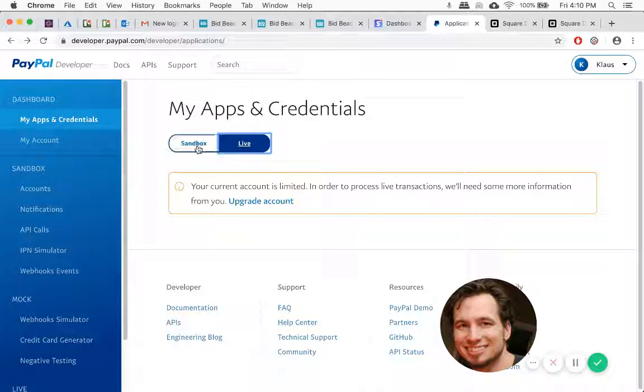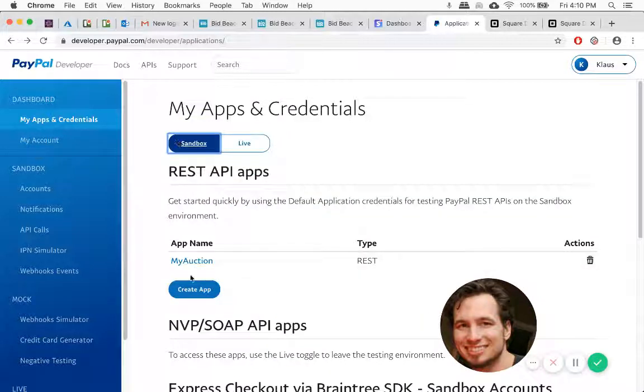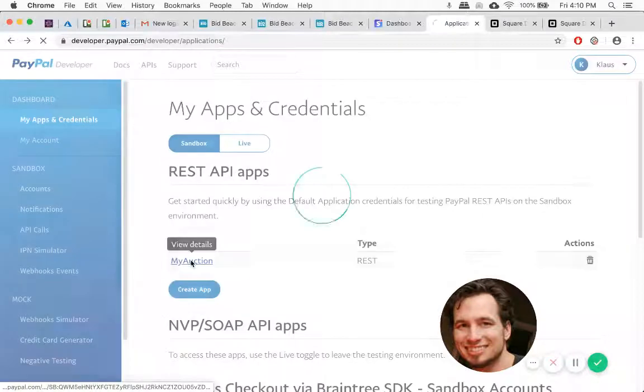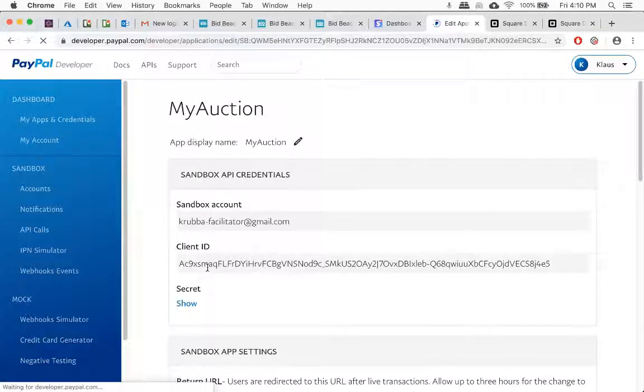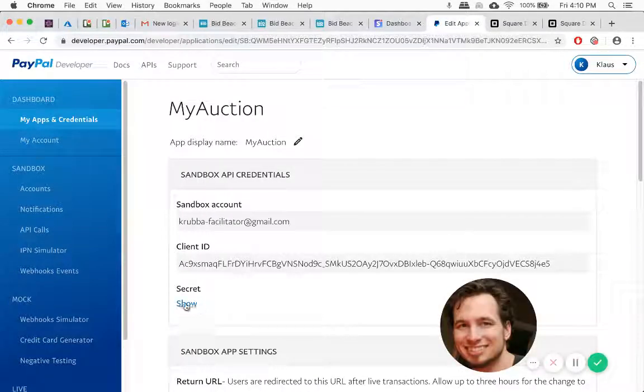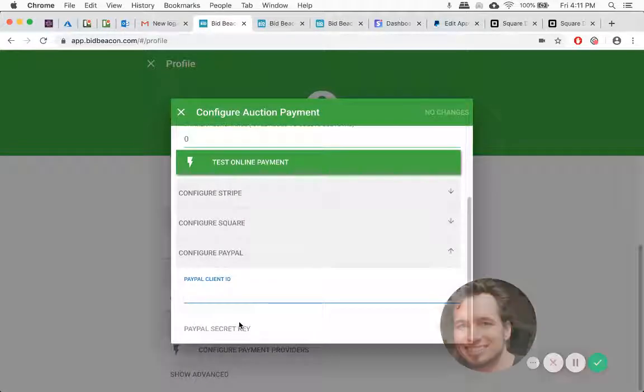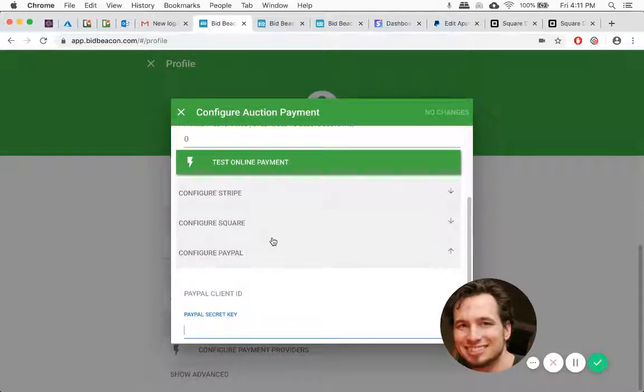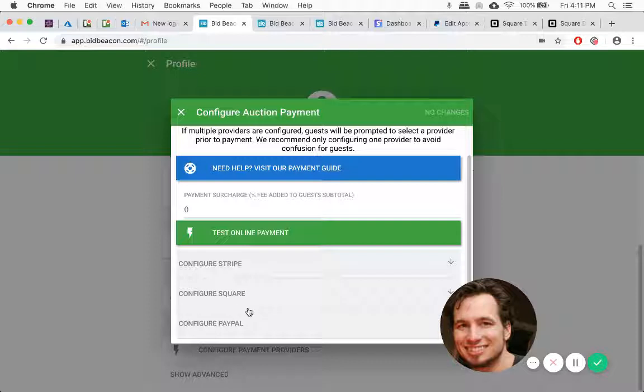But at any rate, you need to be in the live mode and then go into your app and click and copy the client ID to go into the client ID field. And the secret, after showing it, would go into the secret field. That's it. Once you've got one of these set up with both keys, then you would click Test Online Payment,